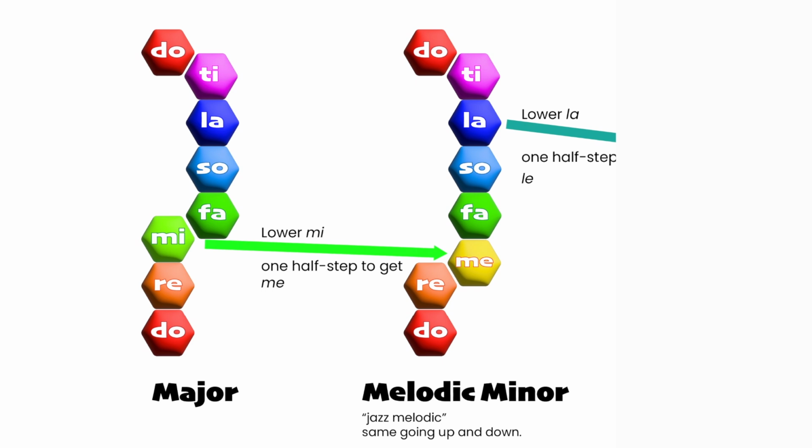And this is going to be the melodic minor, which has one note changed from its parallel major, and it sounds like this. Do, re, mi, fa, sol, la, ti, do. Do, ti, la, sol, fa, mi, re, do. Notice that the third note, 1, 2, 3, is the one that changes. And that's really the most important difference from major